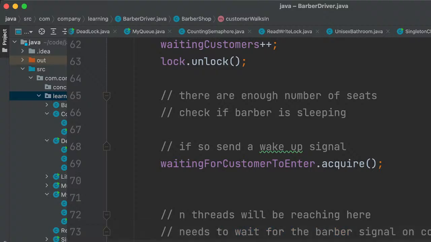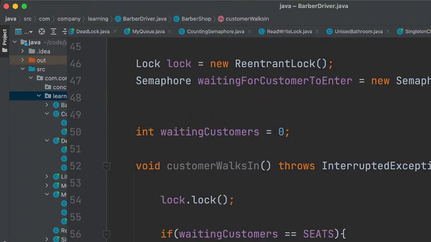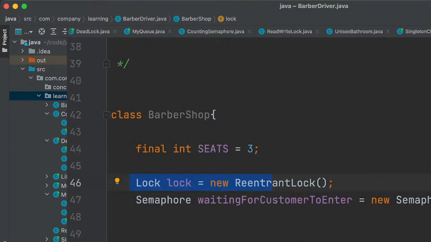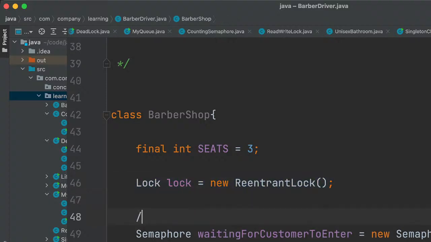So how will we be doing that? For this we are saying this is for waking up, and we also need a mechanism to solve this issue.